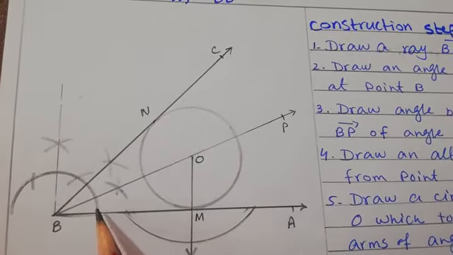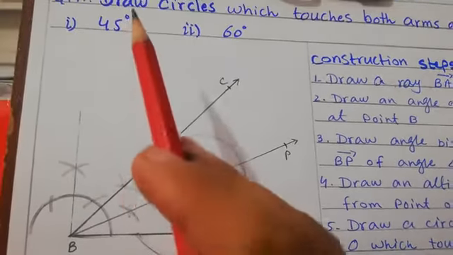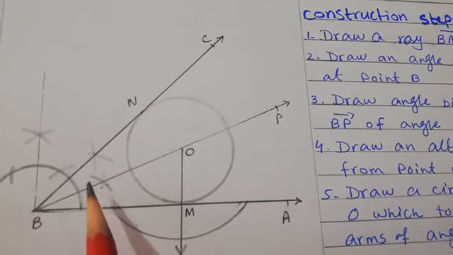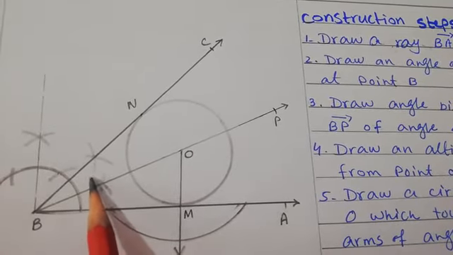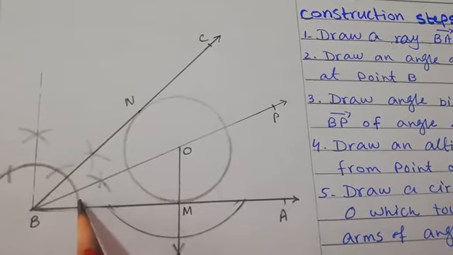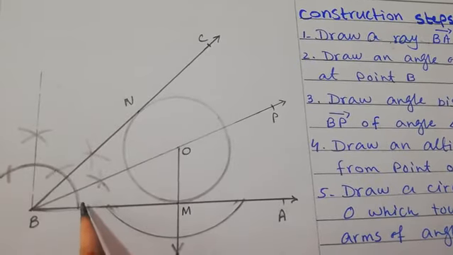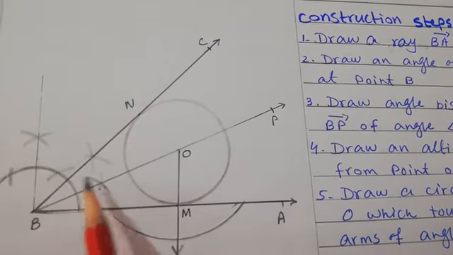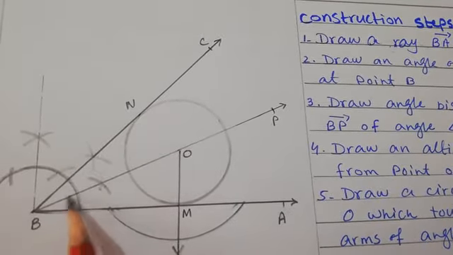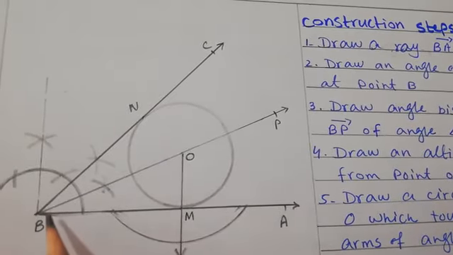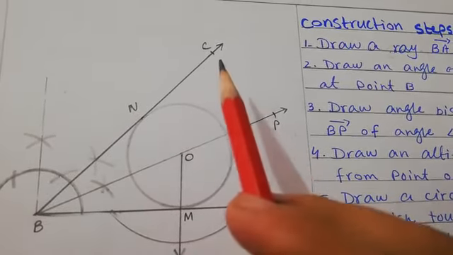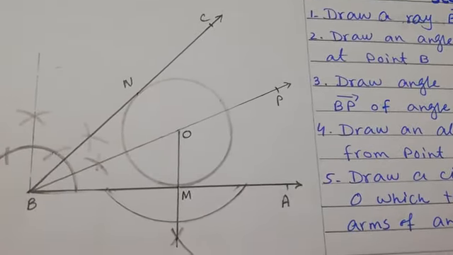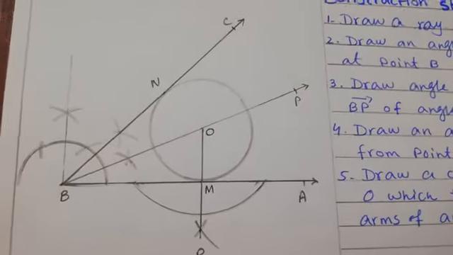Now this is our actual angle which we are going to work with. You will take half of this angle, meaning we will again find the angle bisector of 45 with that method. Now our angle is from this point to this. So we will fix the compass here and draw an arc, and fix the compass here and draw another arc. Join this point with B and draw a line, the angle bisector of angle ABC, and our required angle is BCA. Then we will take the angle bisector.